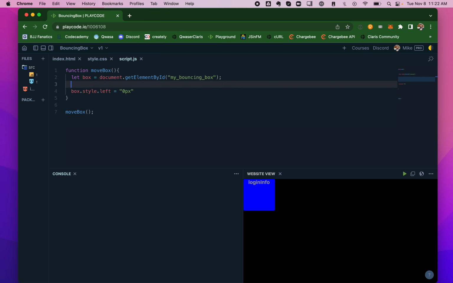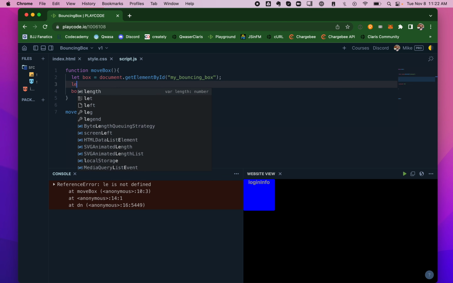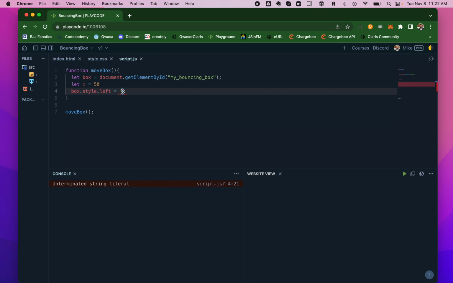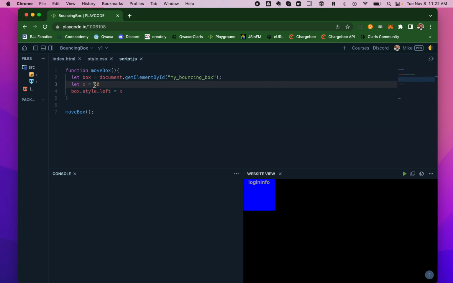But now if I go here and I define the variable, let x equal, we'll say 50. And then I go box.style, blah, blah, blah, let this equal x. Nothing happens. I mean, it should be referring to that. I've tried everything. I tried putting quotes around it, tried putting quotes around this, like just a very basic, simple